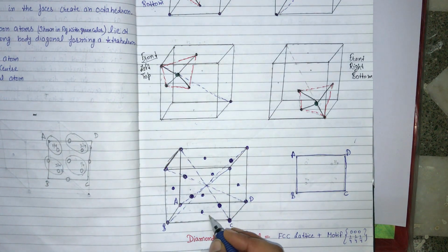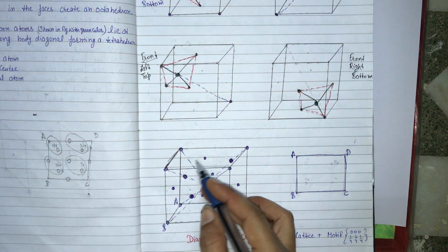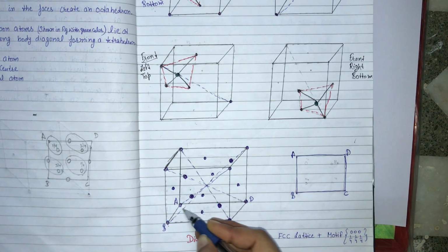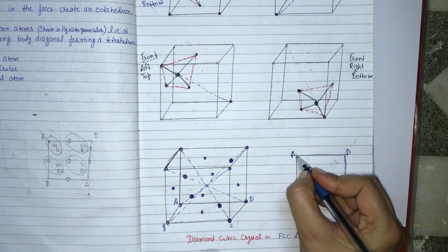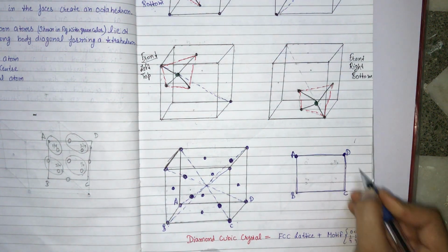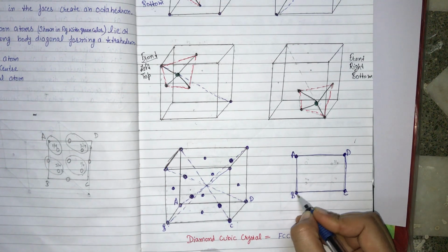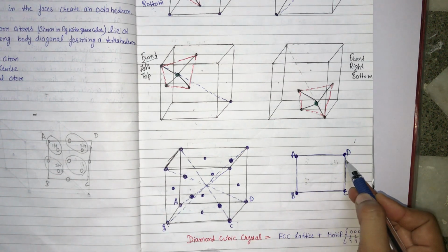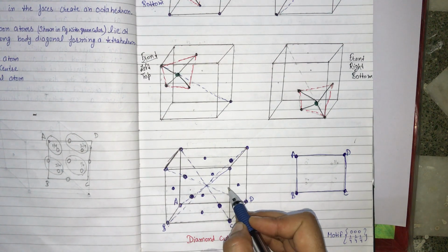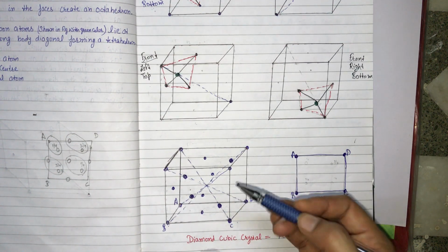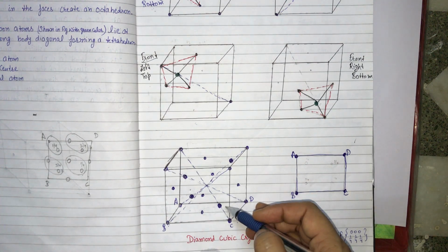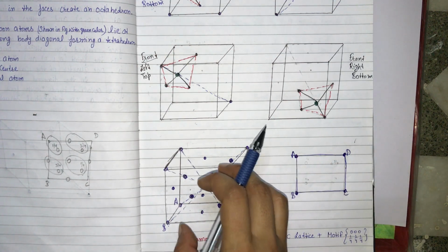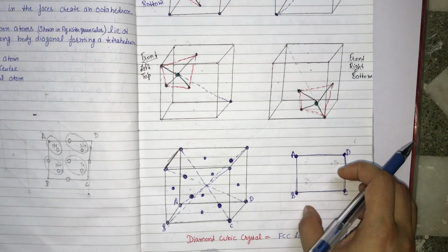So next mark the location for the face centered position. If you mark this A, B, C, D, then at each point there is a carbon atom. So this is the position of carbon atom at the corners. This is a 2-dimensional projection picture of this diamond crystal, which makes the crystal structure easy to understand in 2 dimensions rather than in 3 dimensions. So we choose the projection of the 3-dimensional picture which leads to a 2-dimensional picture.